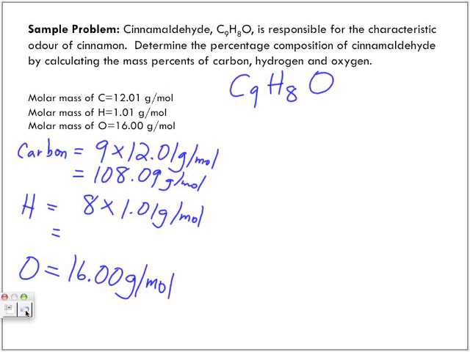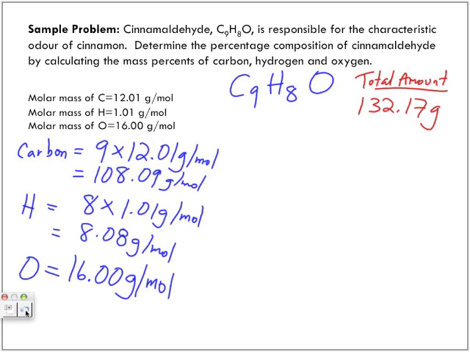What do we get for hydrogen? 8.08 grams. Now, what is the total mass of the compound cinnamaldehyde? The total amount is 132.17